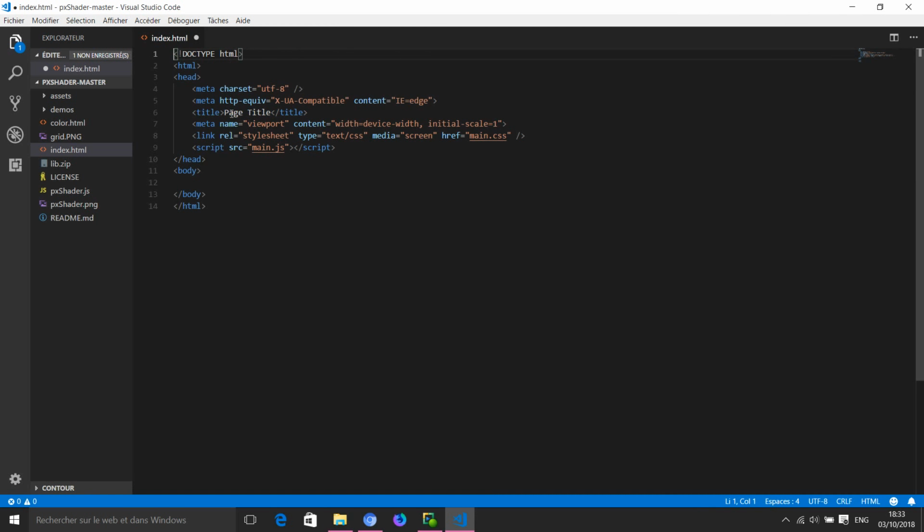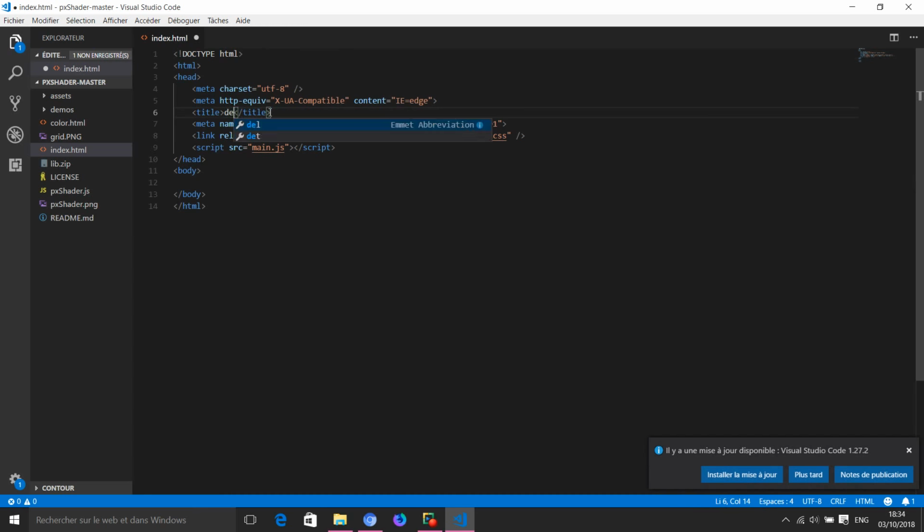Visual Studio Code actually gives us the basic syntax, so I'll just say demo test. This is for CSS, I don't need it. And this is the script tag.